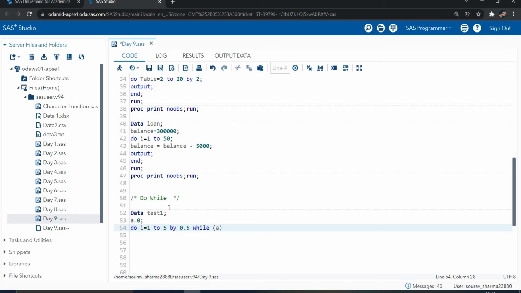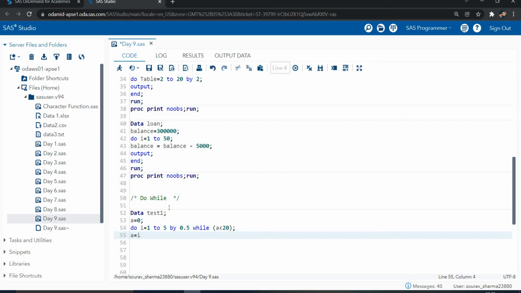This is the by variable. Then while, I want to continue whenever my a value is less than 20. Right now my a value is 0. If my a value reaches 20, then stop the loop. So the while statement is the conditional one. I gave the condition; if it is false, then stop it.